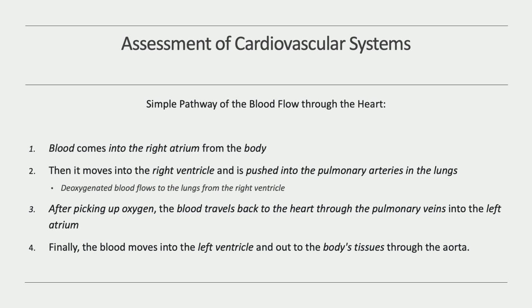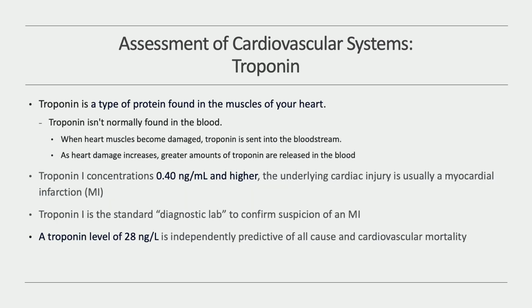So make sure that you understand all those. Now, assessment of cardiovascular systems related to troponin. Troponin is a type of protein. It's found in the muscles in your heart. So I want you to think about walking around eating chips. You're walking around eating chips and maybe you're not paying attention, so you're going to drop things onto the floor. So troponin isn't normally found in the blood, but when we start to break apart heart muscles, they become damaged. It's like eating chips and walking across a carpet. You are going to drop bits and bobs of those chips into your bloodstream, if you will, which would then